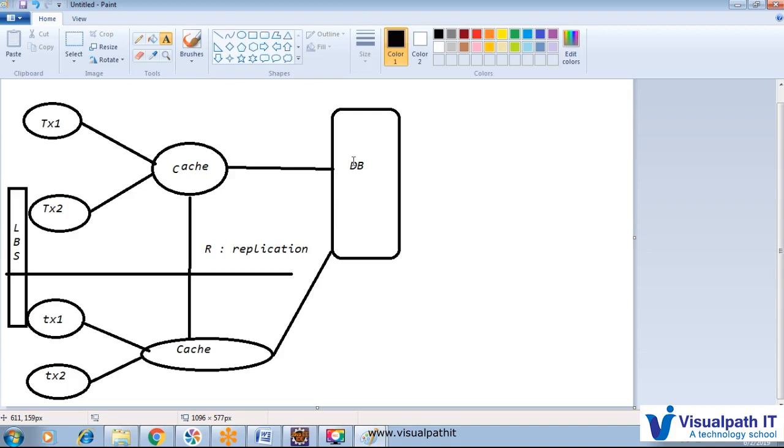Whenever we enable this cache, we have to write that particular code, and the Hibernate query cache is an example of process scope cache. Similarly, there is the cluster scope cache, where we have replication and a load balancer kind of thing, and a large application dealing with multiple databases or multiple applications. There we can use the cluster scope cache, and here we will apply the Hibernate query cache also. The Hibernate query cache is also a type of cluster scope cache. Here we have to perform replication and so on.